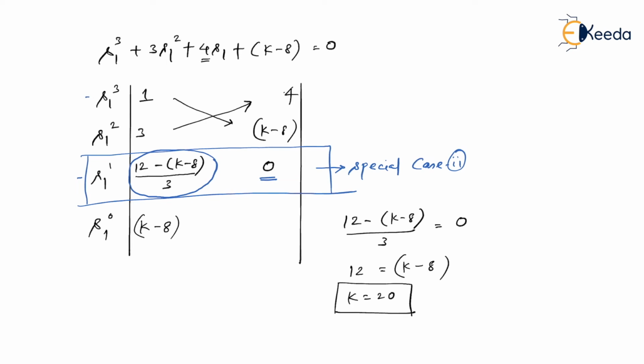So before we conclude this session, I just want to give you certain shortcuts. Which shortcuts am I talking about? Please pay attention. This is going to save your time to a great extent. The shortcuts that I'm going to tell you are for the Routh-Hurwitz criteria where the power is 3. The power of the characteristic equation should be 3. And most of the time in GATE problems, you will come across characteristic equations where the power will be 3.